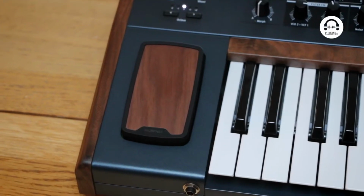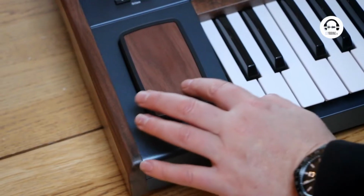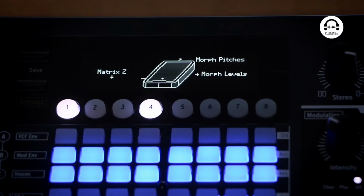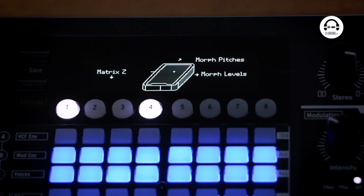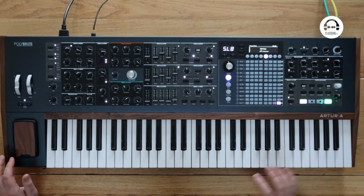The other thing it's got down here is this Morphe. I think you pronounce it Morphe, and this has got 3 dimensions of control. You've got up and down like an XY pad, and then you've got the X direction as well. And if we look at the screen here, we can see it's doing things as I move left and right and up and down. And if we have a little play,